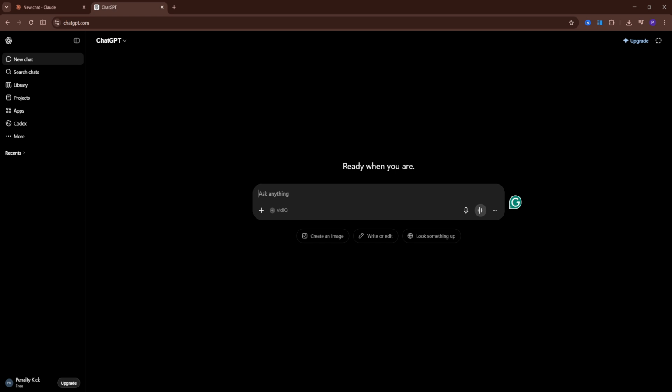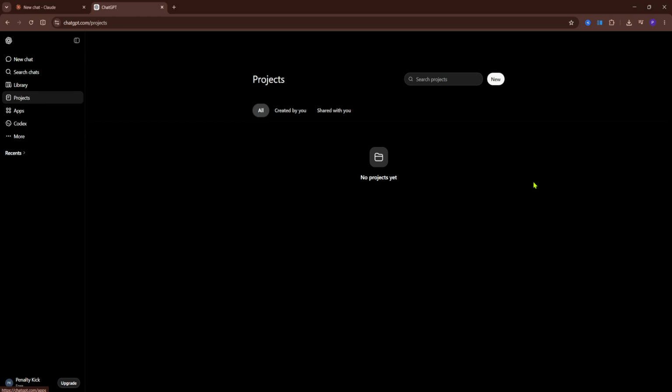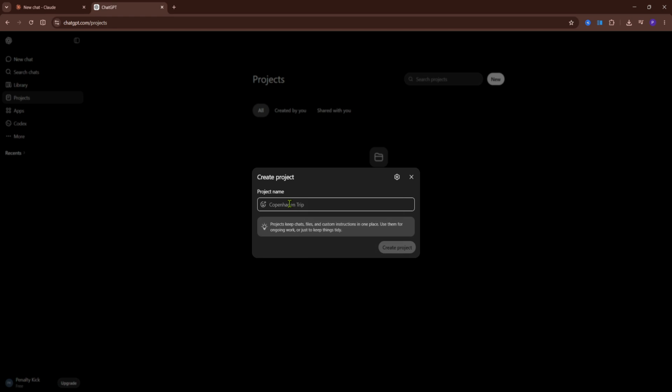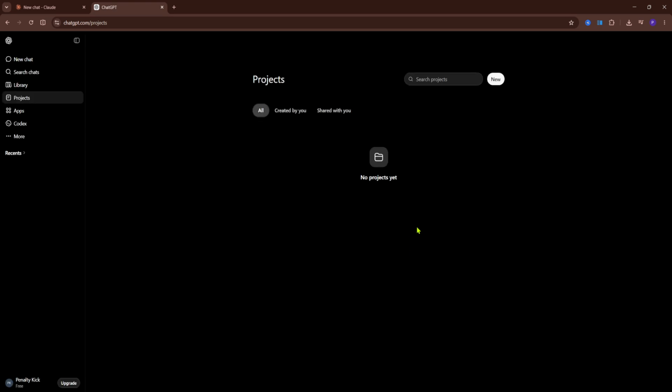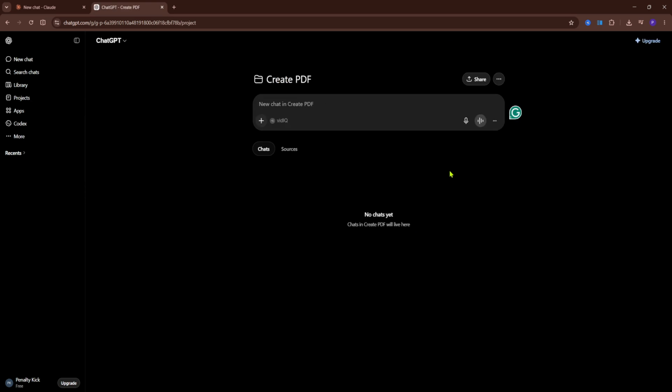So what I really like to do is have everything organized here in ChatGPT or some other AI tools. I will go here to the project and here we will create a new project and I will name this one create PDF. All right. It's not necessary, but if you want to have more organized things, you will then have in this project just PDFs that you have created. So now what we can do,